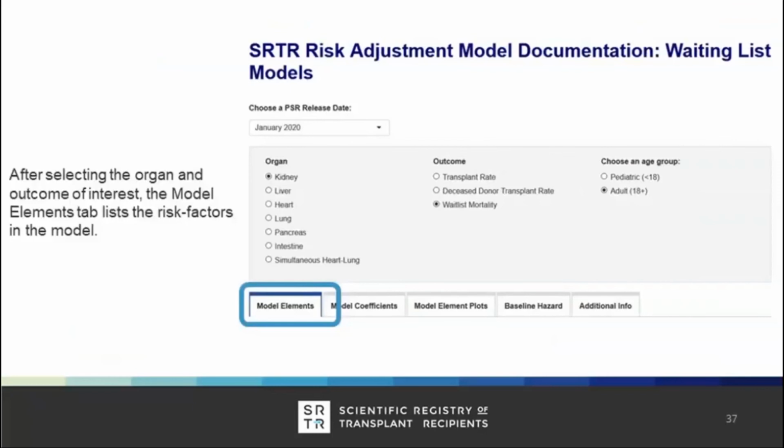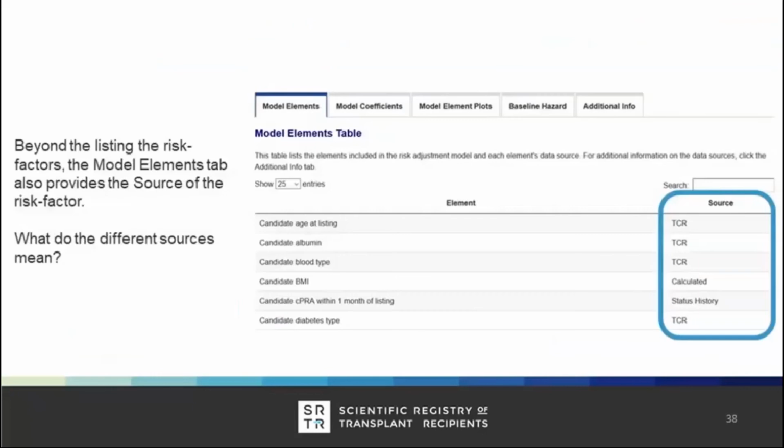So just below, after you select your organ of interest, there are these 5 tabs at the bottom. And the first tab is this Model Elements tab. If you click on that, it's going to list each of the variables included in the waiting list model that you've selected. But what's really useful about this particular page is the source column, where it says